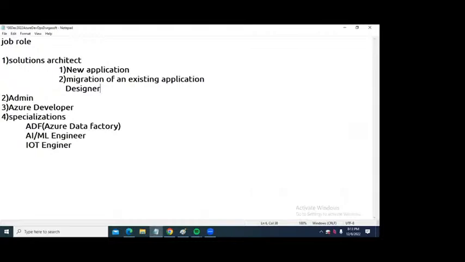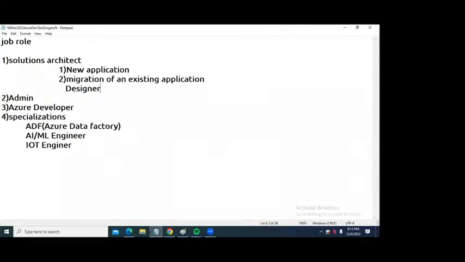One thing you have to remember here: writing AZ-304, 305, 104, that is also solutions architect, but that is different. In every industry there is a job called solutions architect. Writing the exam is completely different. Anyone can write it. But in the industry, if you want to become a solutions architect, generally you must have at least 10 to 12 years of experience. He is a very senior guy. He has to know every corner scenario of cloud, and every corner scenario of on-premises expenditure also. He has to know everything.